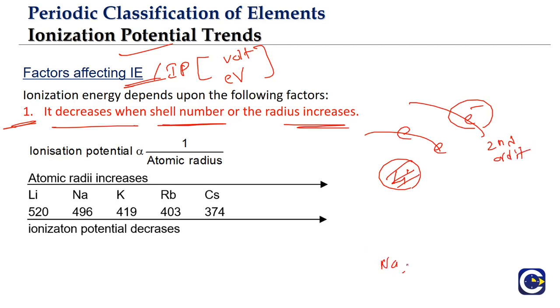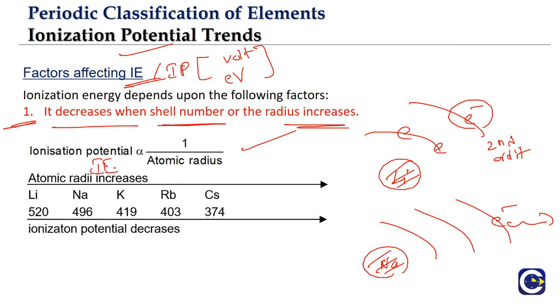What about sodium? In sodium, the electron to be removed is in the third orbit. As the electron is moving farther and farther from the nucleus, it becomes easy to remove the electron, right? So in terms of energy, this requires less energy for the removal. So what is the relation we can see? Ionization potential or ionization energy. Again, we must be comfortable using both interchangeably because they represent the same quantity. The numerical value will be the same, one in volt, the other in electron volt.